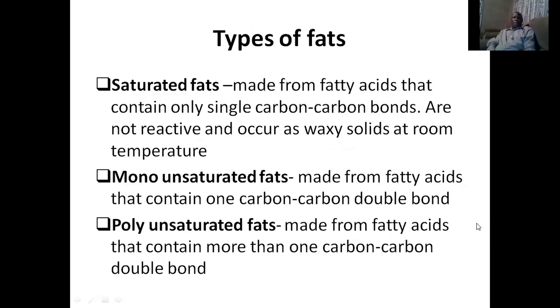Okay. And so there are types of fats. We have saturated fats, monounsaturated fats, as well as polyunsaturated fats. Saturated fats are made up of fatty acids that contain only single carbon bonds. So this differentiates it from the unsaturated. In a saturated fat, what it means is that they are made up of carbon single bonds, and therefore they are saturated, meaning they are not very reactive, and therefore at room temperature they are found as